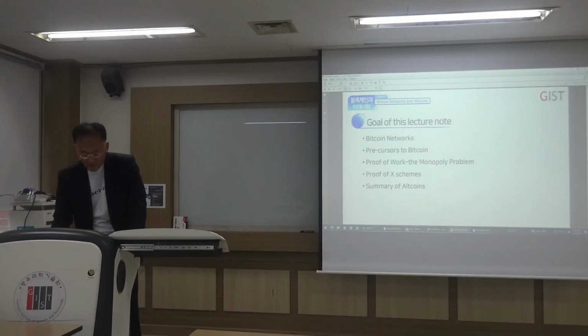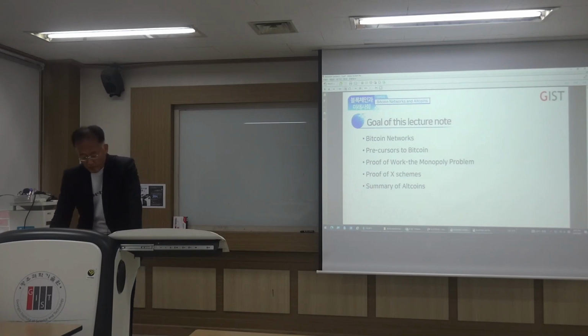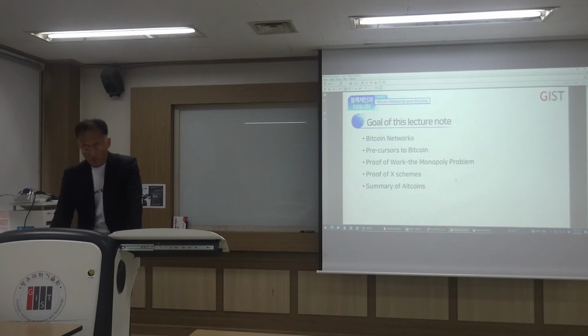Let's talk about this ninth lecture series. It talks about Bitcoin networks, precursors to Bitcoin, and the proof of work monopoly problem. Proof of work has some problems, and then there are some alternative schemes, such as proof of X schemes, and the summary of altcoins. Okay. All right, so